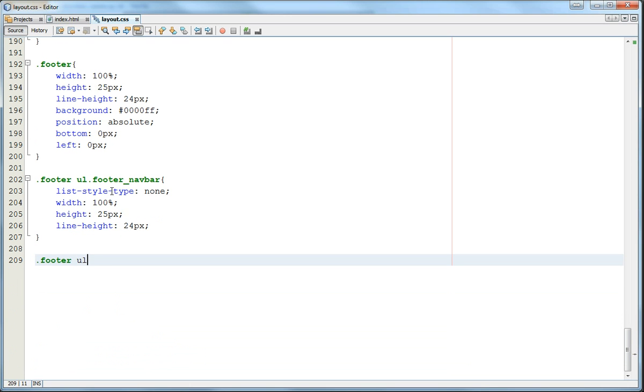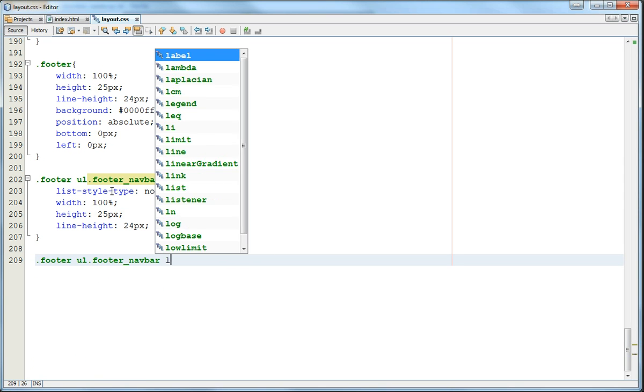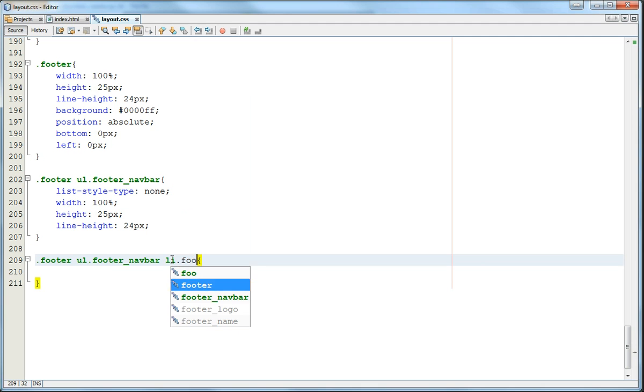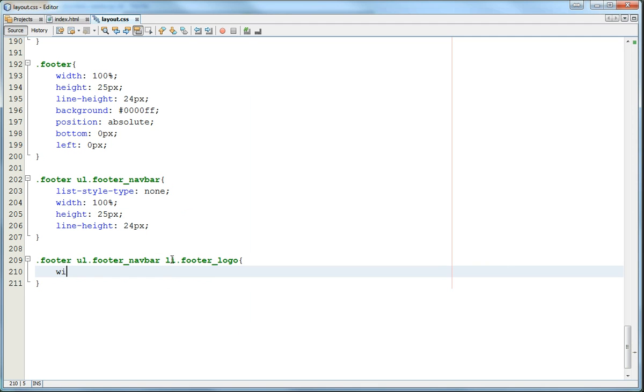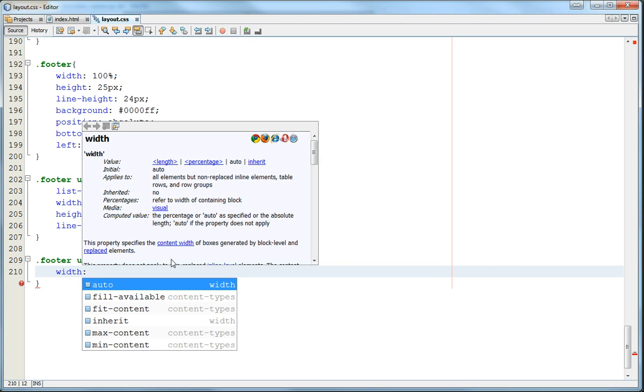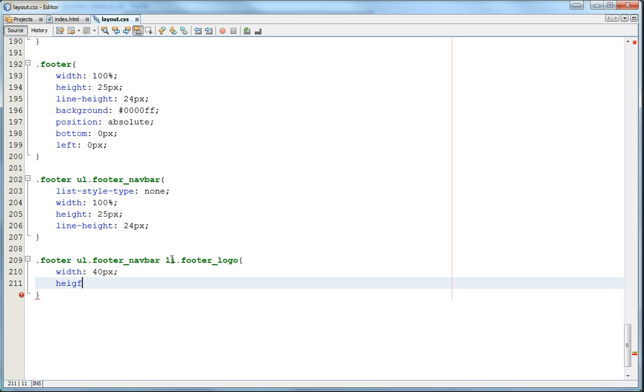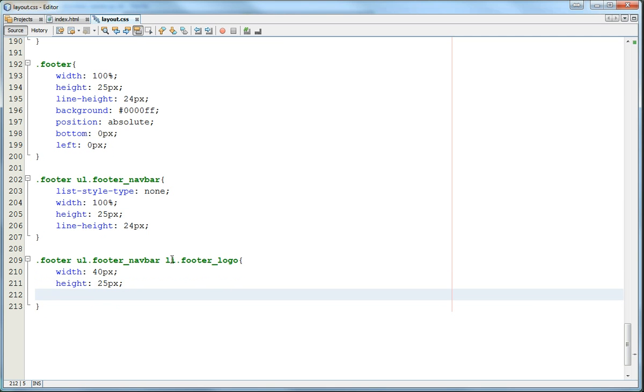Now I'm going to say footer underscore dot footer navbar, which is then this. Okay, so the first one is going to be footer logo, right? It's going to be a width of, let's try 40 pixels first of all, height of 25, and then that's going to float left,